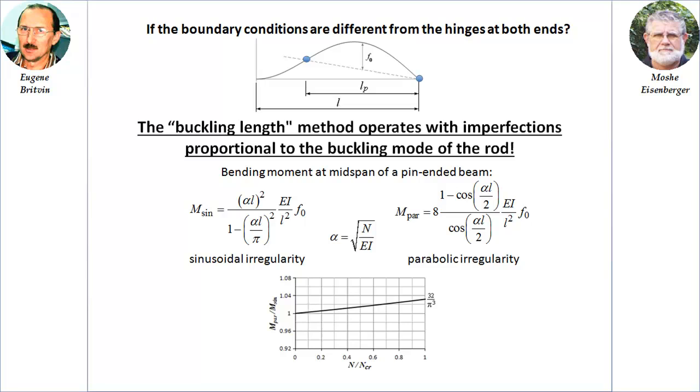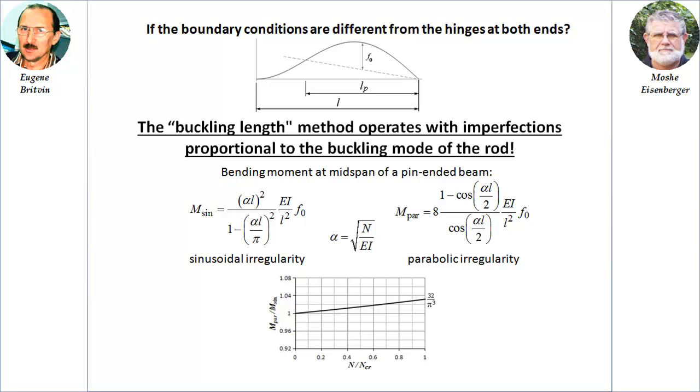That is, checking the local stability of rods using the buckling length method assumes that the initial imperfection shape is proportional to the buckling mode of the rod under the corresponding boundary conditions. More precisely, it is sufficient that the second derivative of the initial imperfection shape be proportional to the second derivative of the buckling mode. The question arises, why should the shape of the imperfection be chosen proportional to the shape